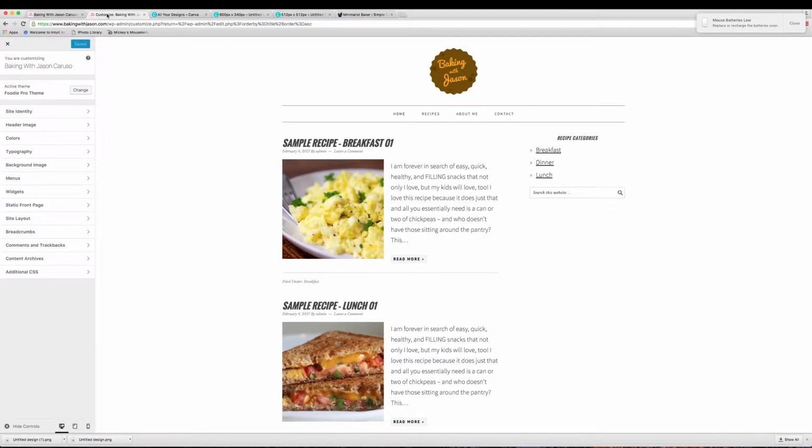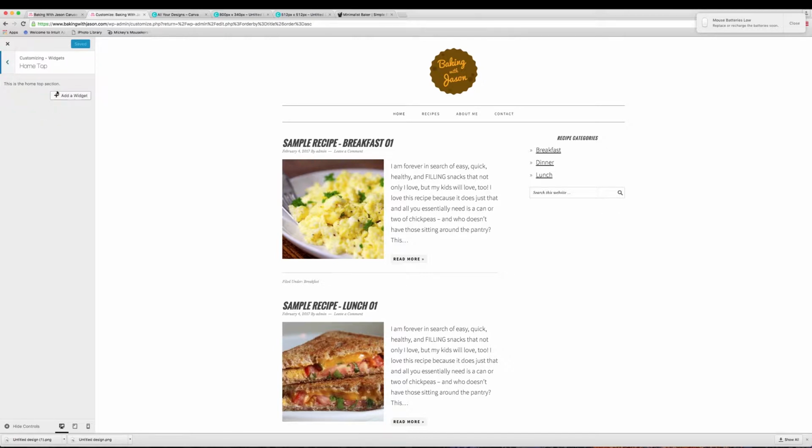So if you come back over here to your customize and you go over to widgets again, you can see that you have these other three areas where you can put widgets into. Now your homepage, the foodie theme is broken up. The homepage of the foodie theme is broken up into three areas: top, middle, and bottom. Now you'll see these areas start to take shape as I go through this with you. So I'm going to start at the top,